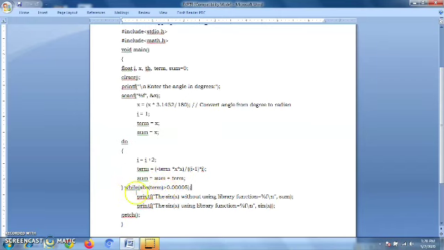So after this we have the end of this do while loop, and here we have the condition. So the condition is while, here abs is an absolute. Again it's an inbuilt library function in C, which is defined in the header file math.h. So absolute means if it is like using modulus operator, if the value is negative also it will take only the positive part of that. So each time whenever you calculate the value of term, you have to check whether it is greater than some approximate value, that is